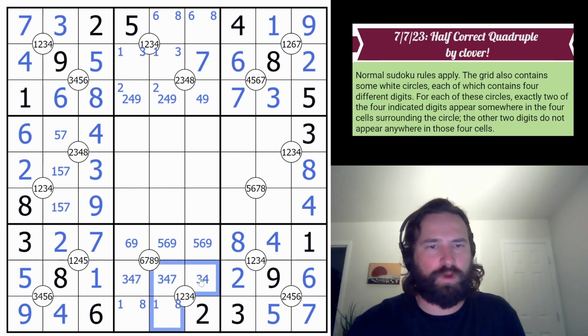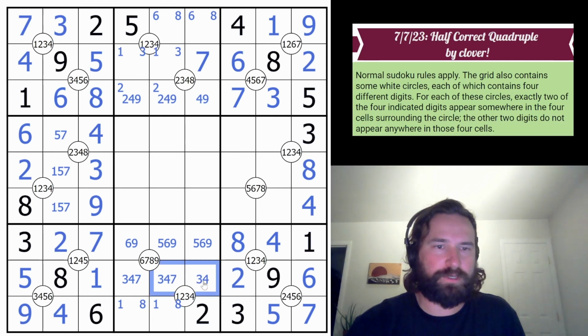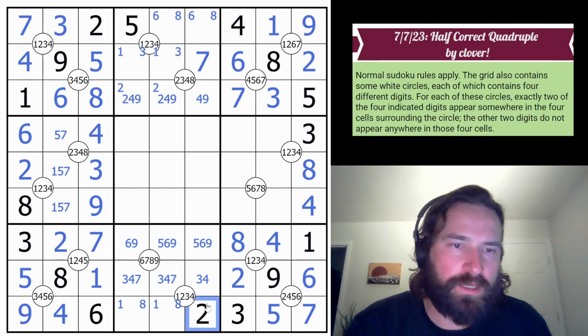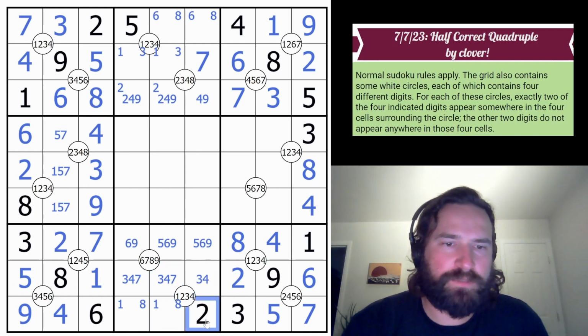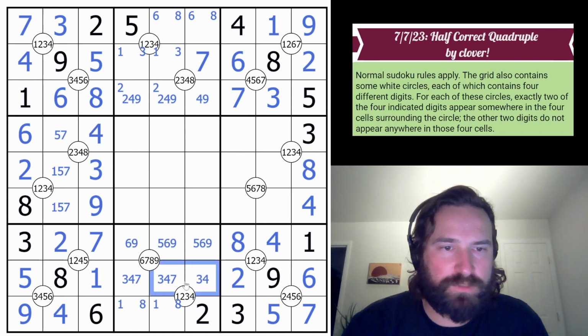Actually, only one of these can be, and one of these is going to have to be a 3 or a 4 for sure. There's no way. So this can't be a 1. That's kind of funny, like a negative constraint. Because of the situation here, we already have a 2, and only 2 of the numbers in the circle can be in these squares, and we already have 1,